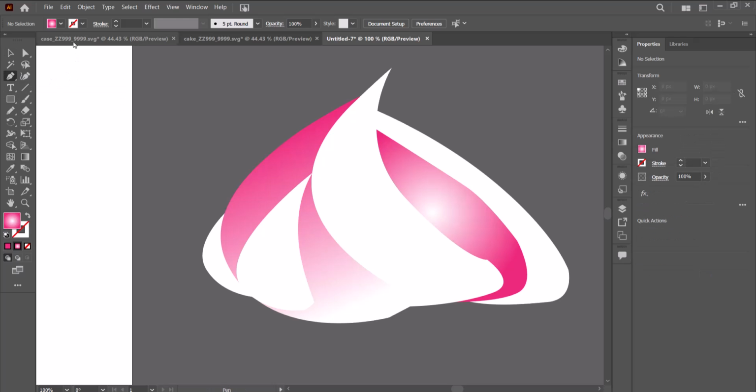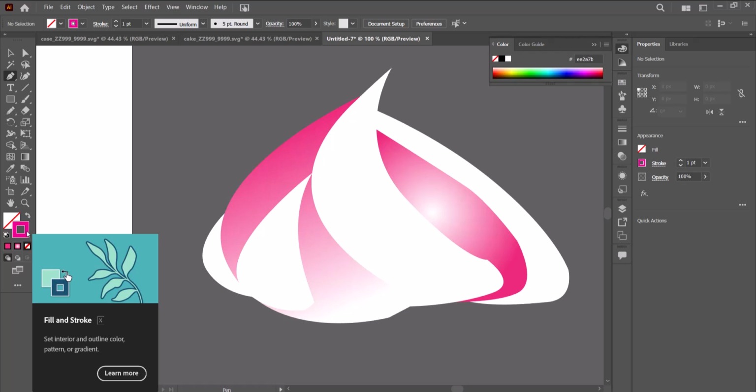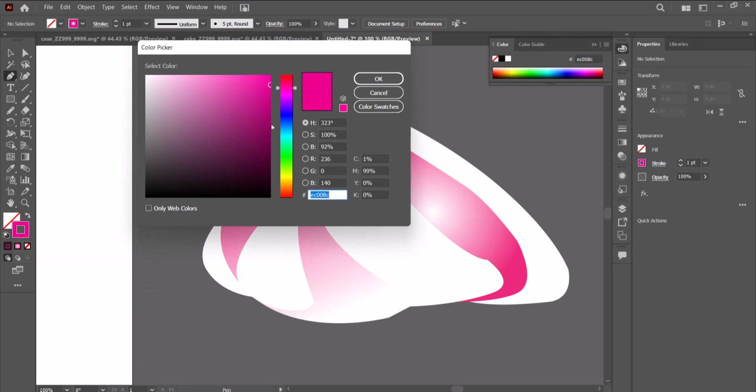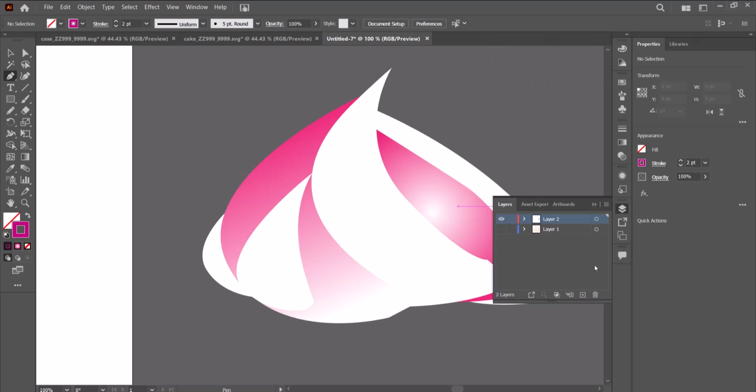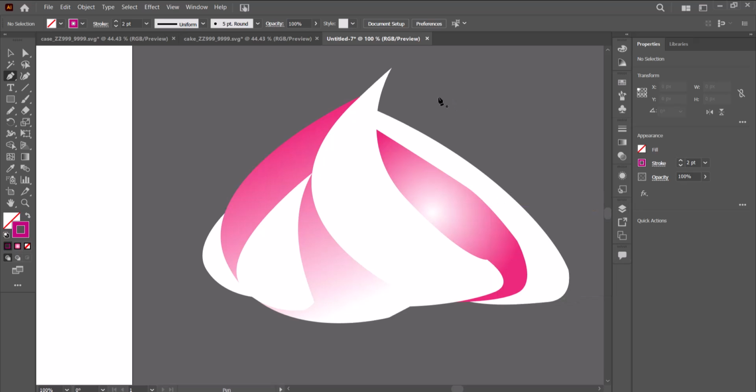pen tool, make sure it has no fill, and let's make sure we pick this color or something very similar to it. So double click and pick something like this and change the size to say 2 points, and just let's make sure we are not drawing on this. So create a new layer so that it doesn't interfere with anything here, and